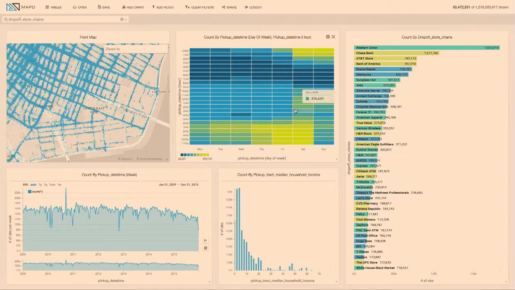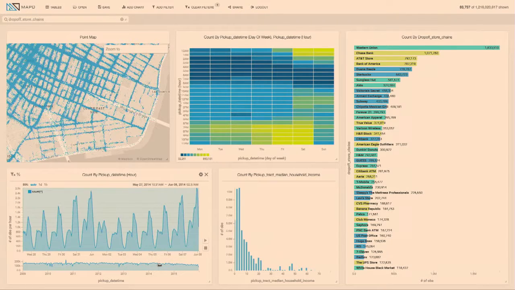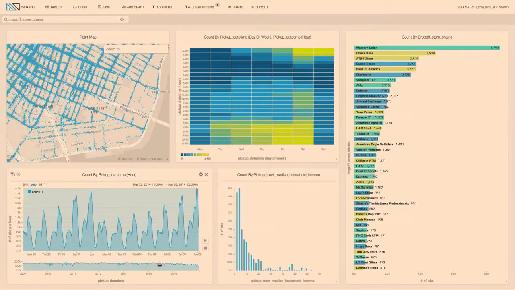Here we can see this time histogram of the data. You can see that the peak ride density is on Friday and Saturday night. So that makes sense. There's a lot of bars and nightclubs in this area. If we got very granular on the data here, we could even see the weekly cadence, where you have Friday and Saturday where people are going out to the bars.